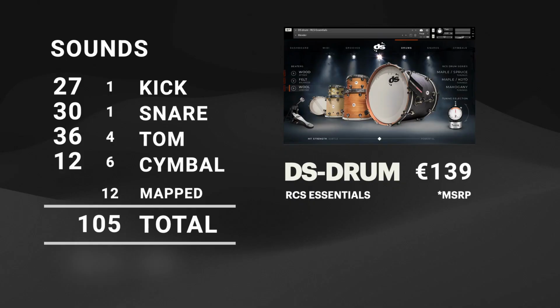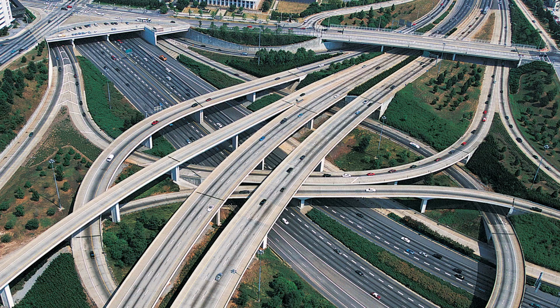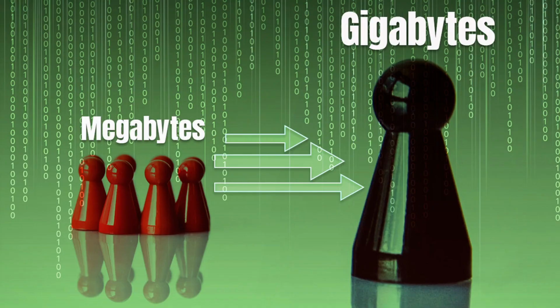This is the actual one I'm using in this comparison. And the full version of the RCS Essentials is a whopping 30 gigabytes of samples. That's really big and extensive, and you can go anywhere you want. But it has a little less cymbals. So yeah, you choose. In gigabyte size and how extensive the libraries are, it's not really a fair